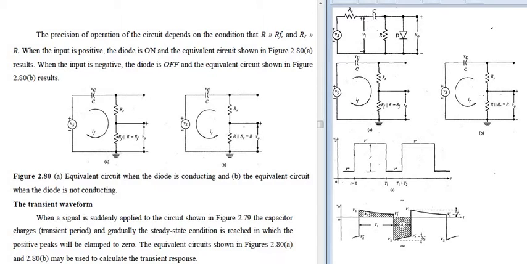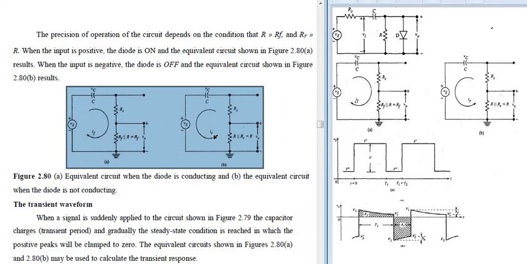Correct. Now if I am applying the negative peak or the negative part of your waveform, the diode in that part will be in the off condition. Okay, so there is no path for that one. If it is in the off condition, then the equivalent circuit that is going to work, in which direction your current is going to flow, is this, in the reverse direction. So the current is flowing in the forward direction over here, and the current is flowing in the reverse direction over here. Fine. So these are the two conditions. Very first condition is you have to consider that the resistance is greater than your forward resistance.